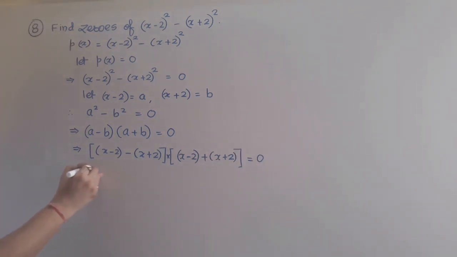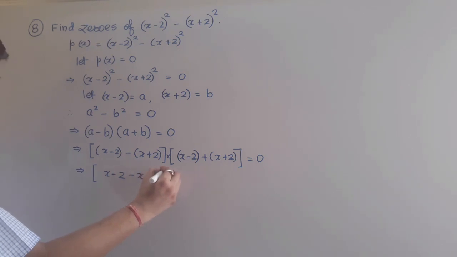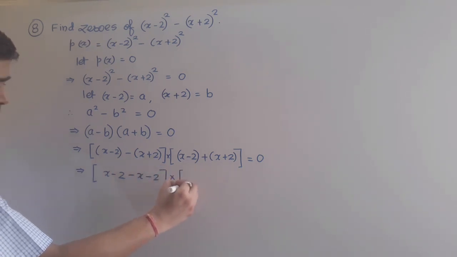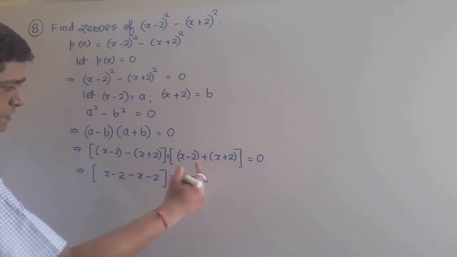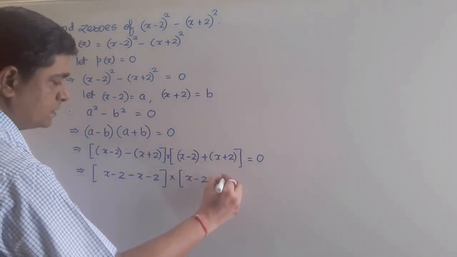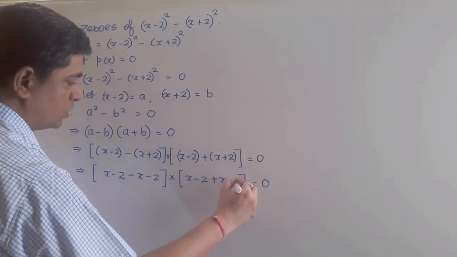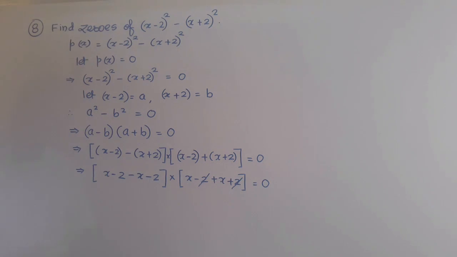Release the bracket in the given expression over here. So x minus 2 will be as it is, minus sign I am multiplying inside, minus x minus 2, okay, into this will be x minus 2. Since here plus sign, so sign will remain same. So this will be plus x plus 2 is equal to 0. 2 and 2 is cancelled here, and here minus x and plus x got cancelled. Same term with different sign will be cancelled.